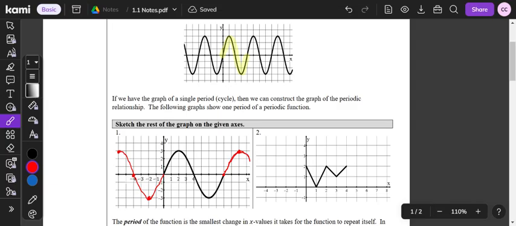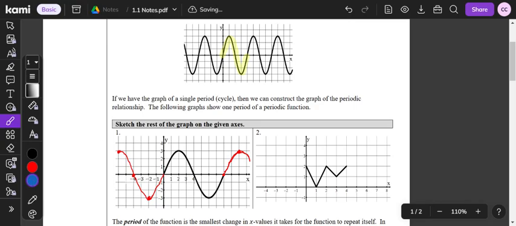So once again, as long as you have one cycle of a wave, you should be able to recreate the rest of the function, because this function is just a pattern that repeats itself over and over and over again. Now, periodic functions are not always pretty waves like this. Sometimes they're a little more rough, a little more jagged, like this one over here, but same deal. If you have a pattern that you know repeats itself, you should be able to recreate the rest of the